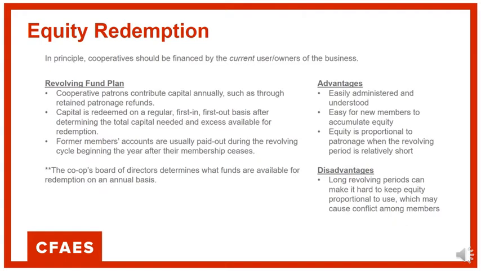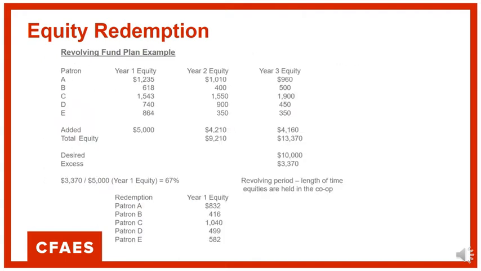Another system of equity redemption is the base capital plan. In a base capital plan, the co-op directors decide the total amount of equity that the cooperative requires. Each member patron is required to contribute equity to that total in proportion to their patronage of the co-op during a set base period. The co-op redemption